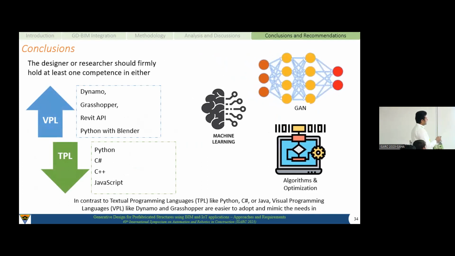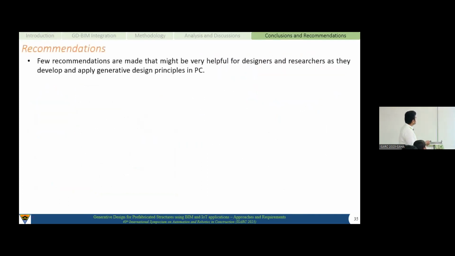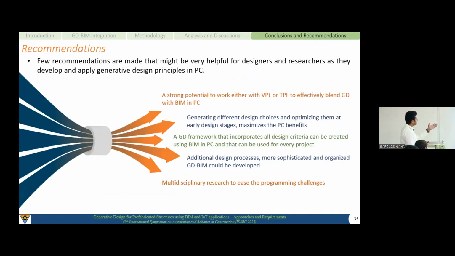Yeah, these are some algorithms. Some of the recommendations I would like to show: there is strong potential in working with VPL or TPL, which is required to use GD-BIM in PC, and which can generate different design choices and optimize them at early design stages, which could maximize the PC benefits. A wholesome GD framework that incorporates all design criteria can be developed. An additional design process with more sophisticated and organized GD-BIM could be developed. Of course, it is now multidisciplinary research which needs